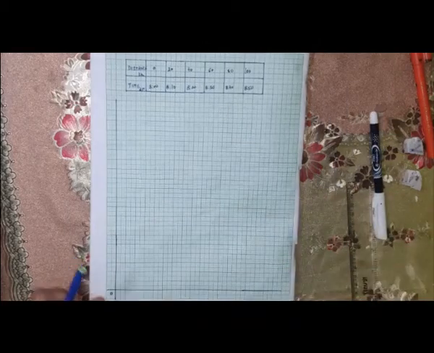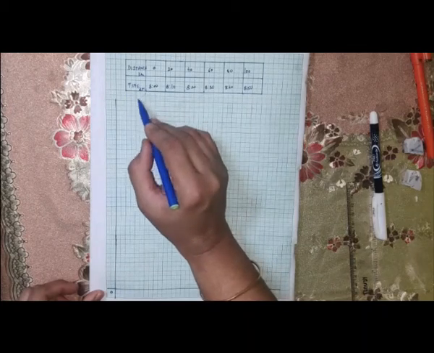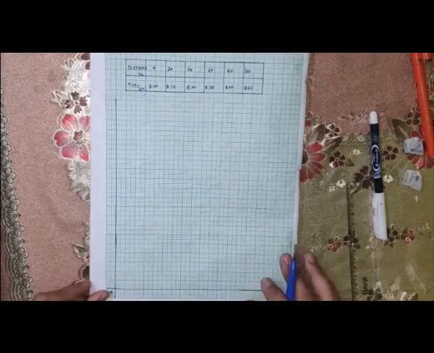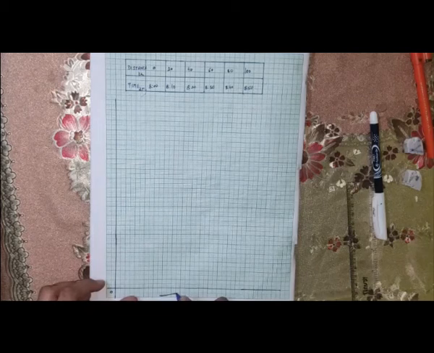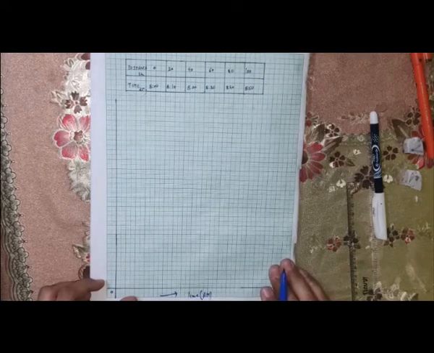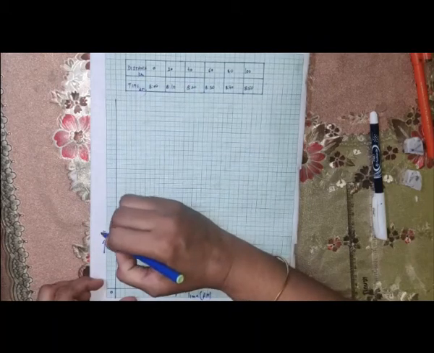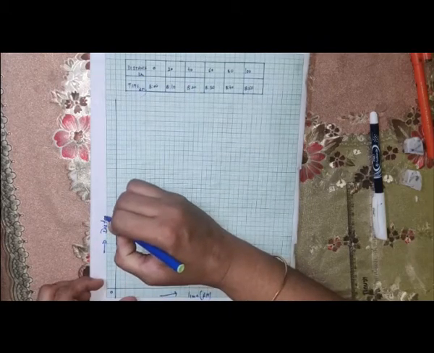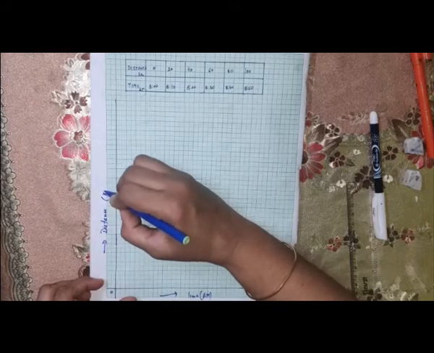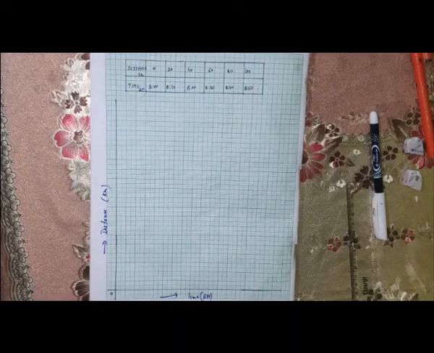Now, when we are plotting the graph, we always take the variable in our hand, which we can control, on the x-axis. So here we should take time and also write the units here, in the bracket. On the y-axis, we take the other parameter, that is distance, and we are measuring it in kilometers. Now, let's plot the points.